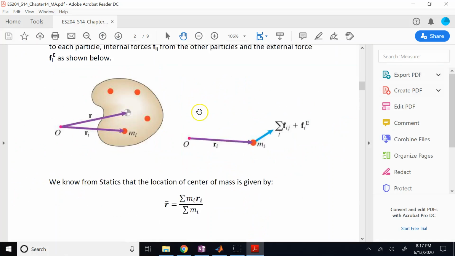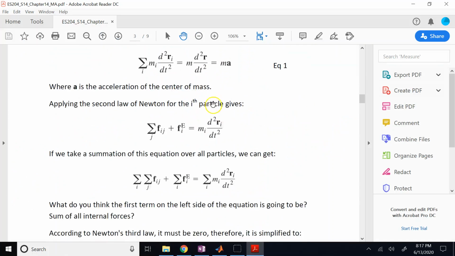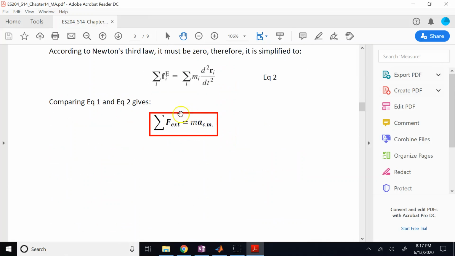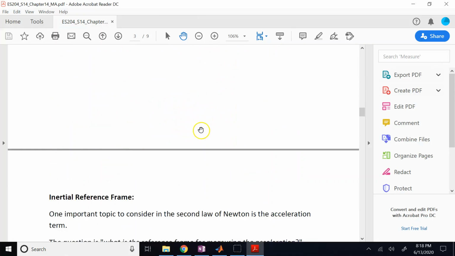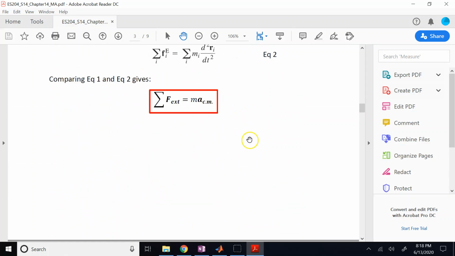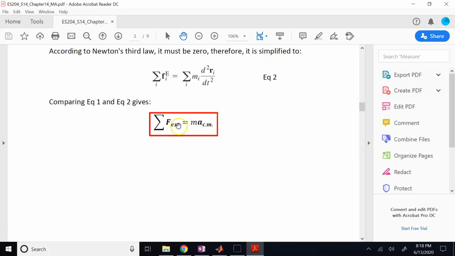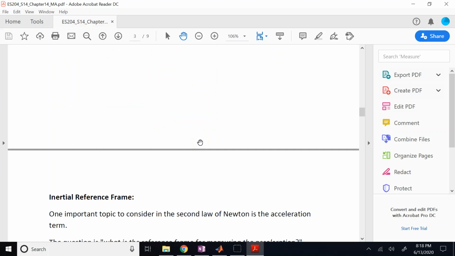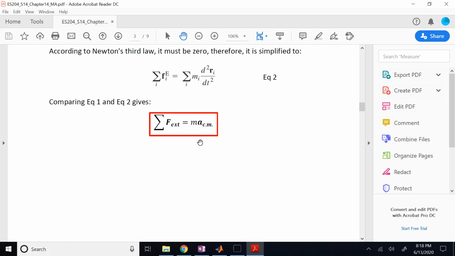Okay, so this is the summary of all I have done in this slide, which is really important. And we have written it in plain English. It says the sum of all external forces on a system of particles is equal to the total mass times the acceleration of the centroid. Okay? Now,